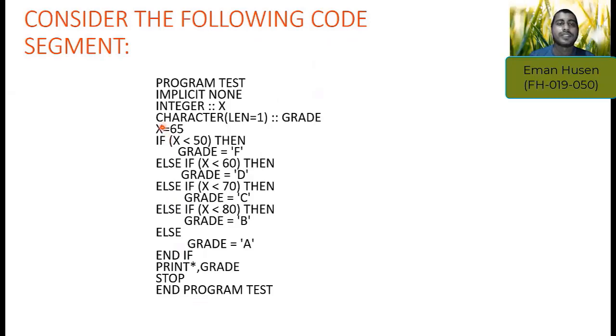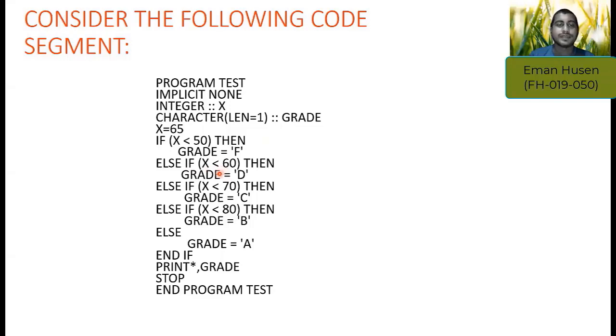Consider the following code segment. We take an integer variable x and a character variable grade. In the first logical expression, x less than 50. If it is true, then the grade receives F. If x is greater than or equal to 50, then the execution continues with the first else if, where x less than